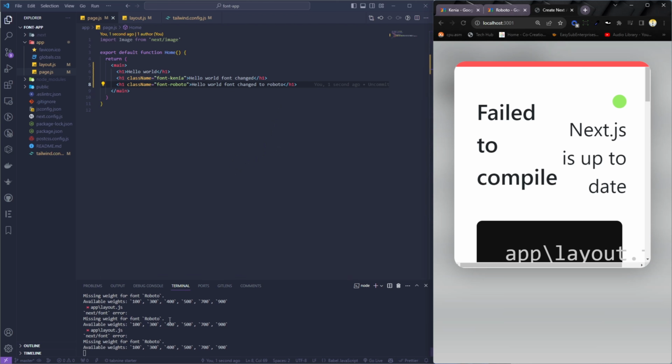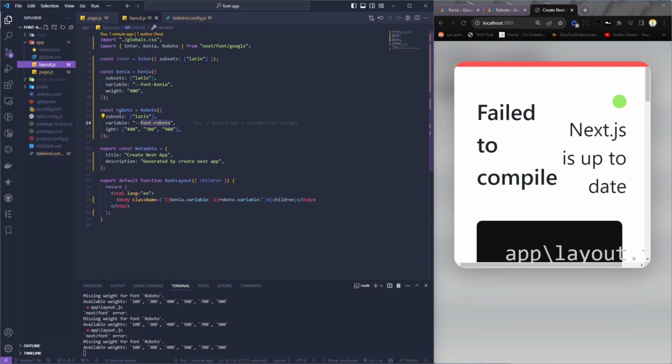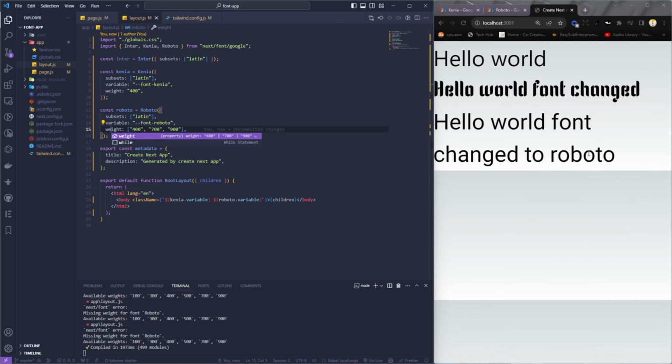You can see the error here telling us we have a missing weight for Roboto. So let's go back there. You can see there's a mistake there. So I'm just going to fix that, and save it. You can see that now we have